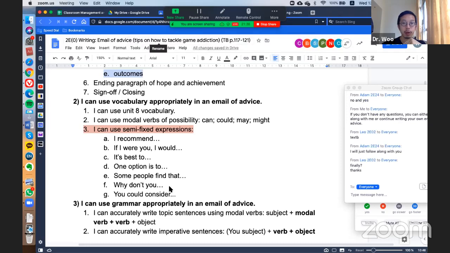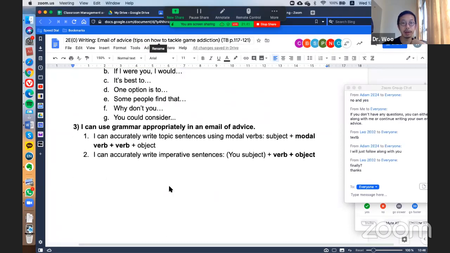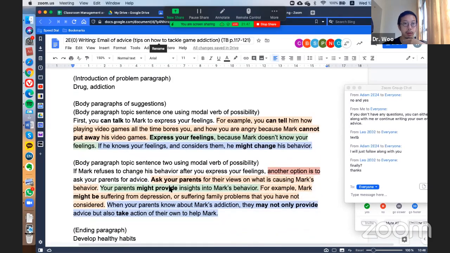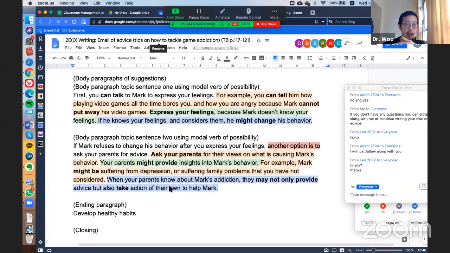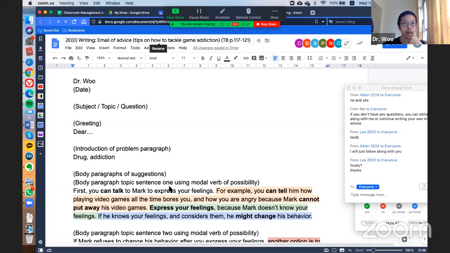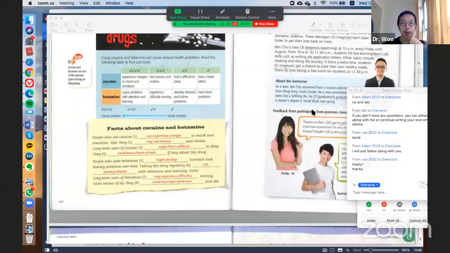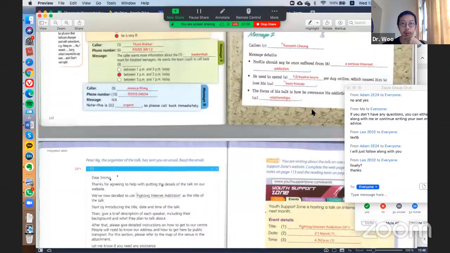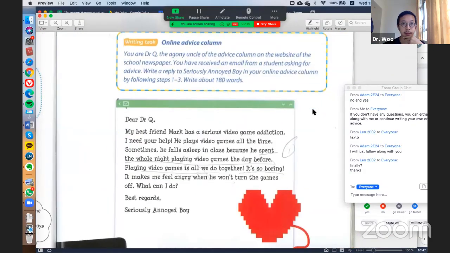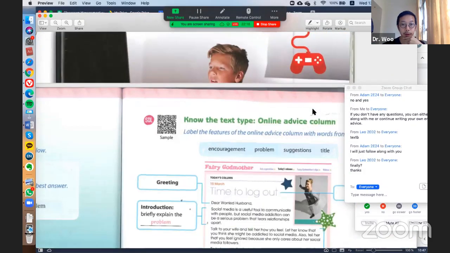Now I'm going to complete the rest of the body or the rest of the letter. After doing the body paragraphs, I think it's easier to write the introduction, the ending paragraph, the closing. So I'll start with the date. That seems pretty easy. And I'm going to look at the task prompts. Is there a date here? Oh, there's no date.